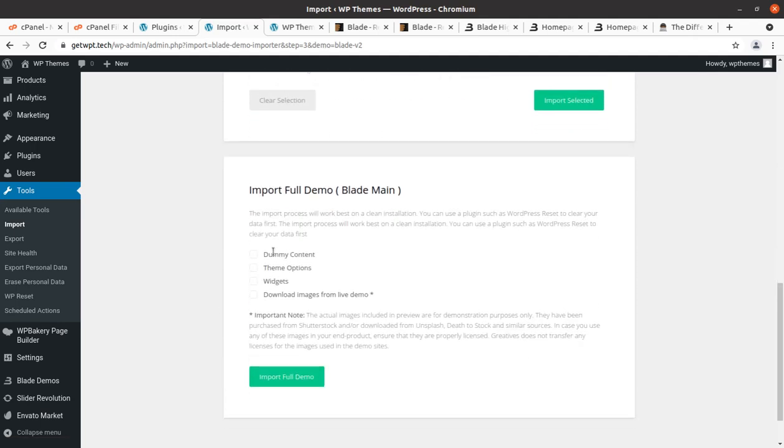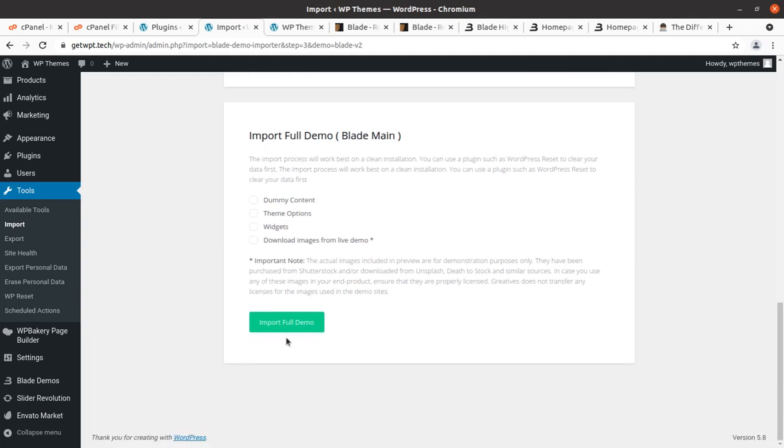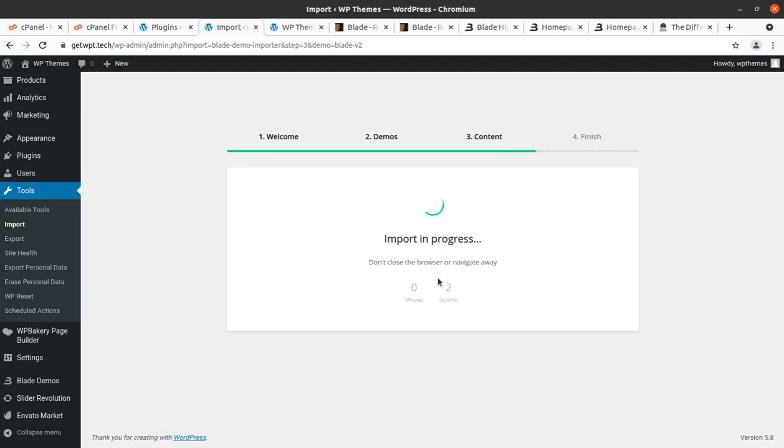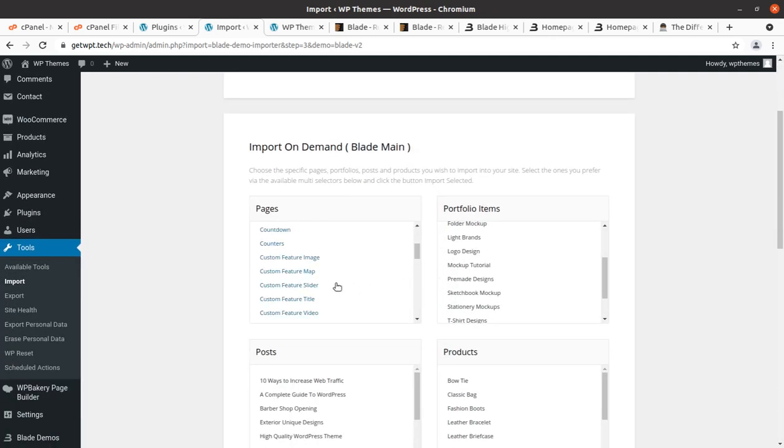Clear selection, and if we want to have the complete demo, the import process should work because everything is fine in our installation. However, it is not working.